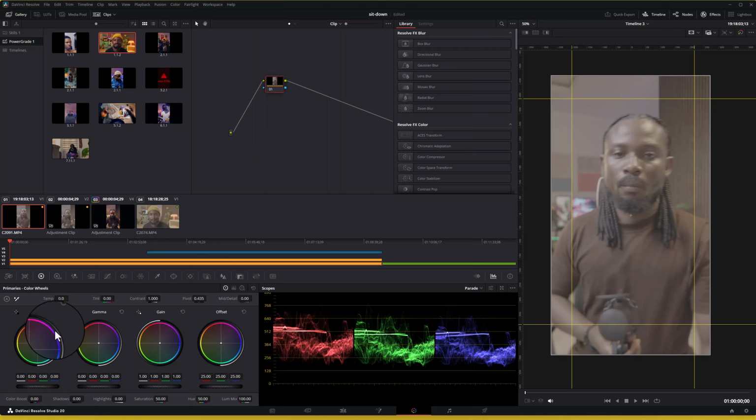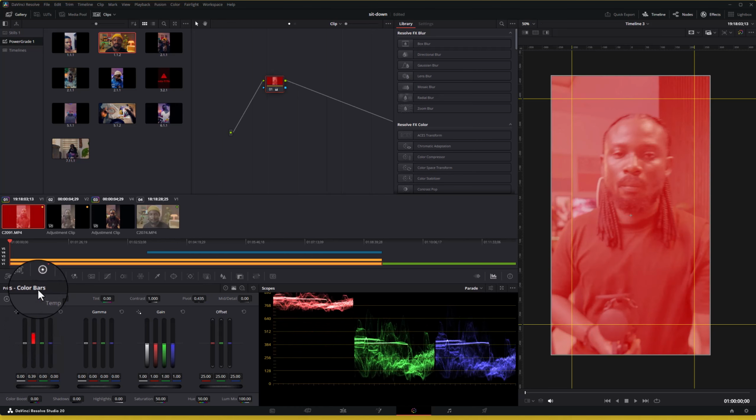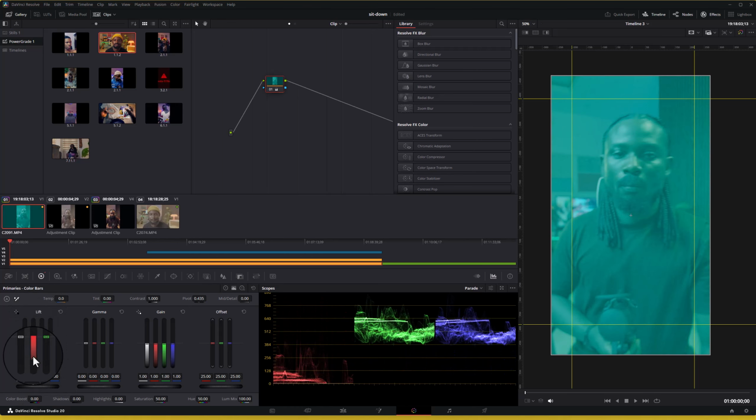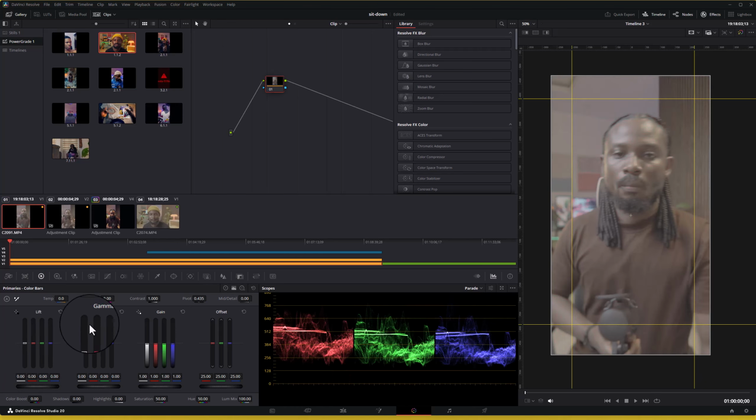Okay, so these are the tools here for primary wheels. Now primary wheels have this part for color wheels. It now has color bars. These color bars now, it's just like the opposite of the, what are they calling it? It's just like the